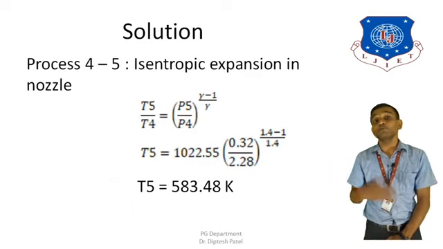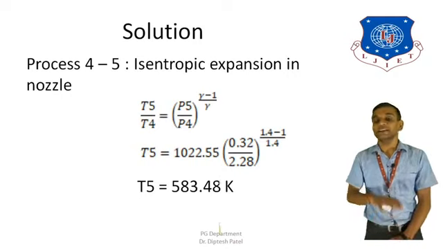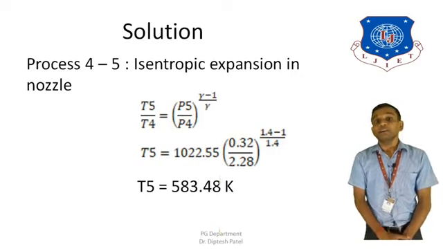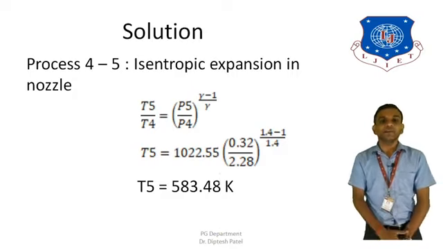Alright, now let's move forward to the further process, that is the expansion that takes place in the nozzle. So process 4 to 5 is the isentropic expansion in the nozzle. Now the same isentropic relations: T5 upon T4 is equal to (P5 upon P4) raised to (gamma minus 1) upon gamma. Therefore T5 is equal to T4 into (P5 upon P4) raised to (gamma minus 1) upon gamma. I'm just going to put the values over here. So T5 is equal to